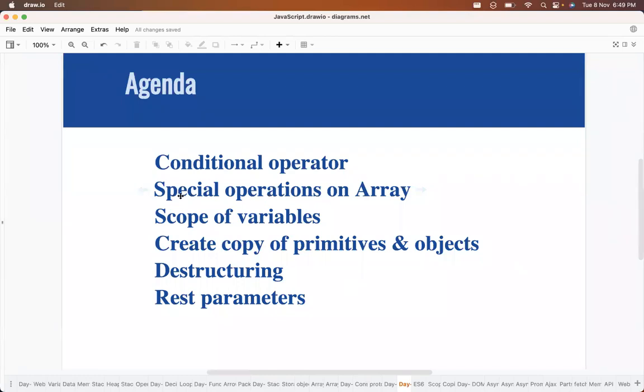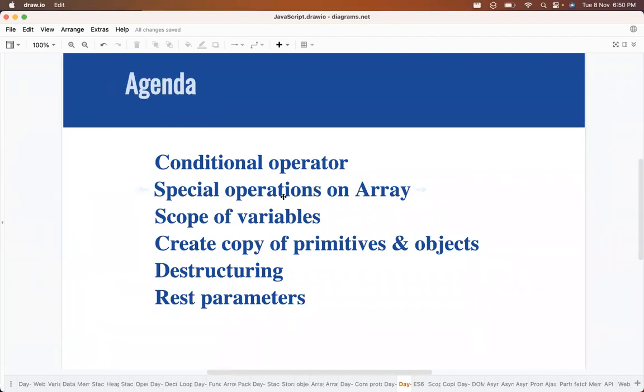So if you want to perform the same operations before ES6, we need to write the manual code. But in ES6, so many new methods were introduced to perform these special operations. For example, let me take one special operation like searching. If you want to search for a particular element in an array, before 2015, we needed to write the manual logic. But in the ES6 version, they developed a method so that by using that method, you can simply